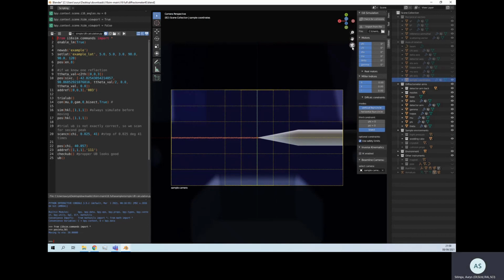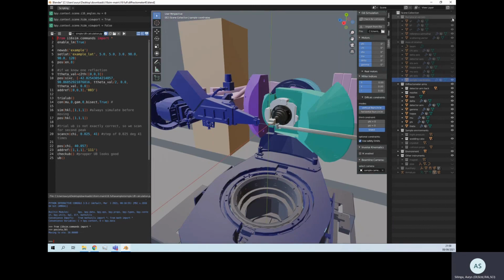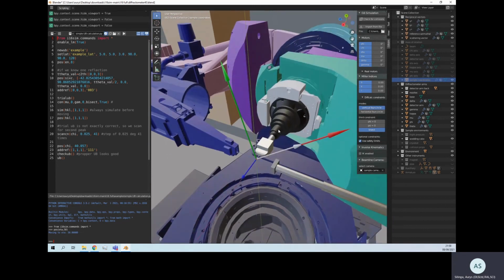Now the thing I was fiddling with was the outliner. It lets you choose which objects you want to show or hide in the simulation. And if you click on anything, it highlights in the outliner so you can read off what it is. For example, this vector I just clicked on is the B star reciprocal lattice vector. Then we can also show some of the axes of rotation, for example, kappa,